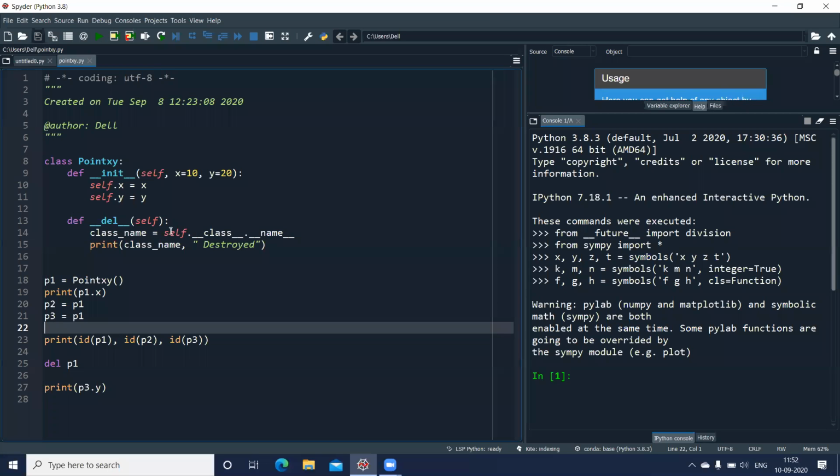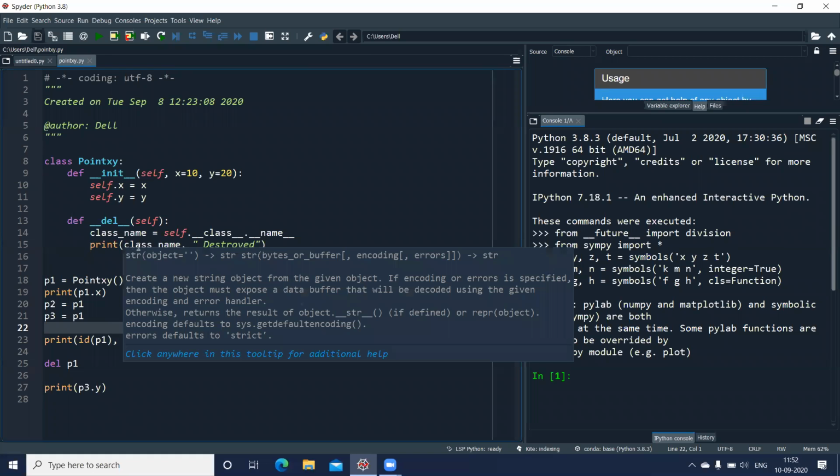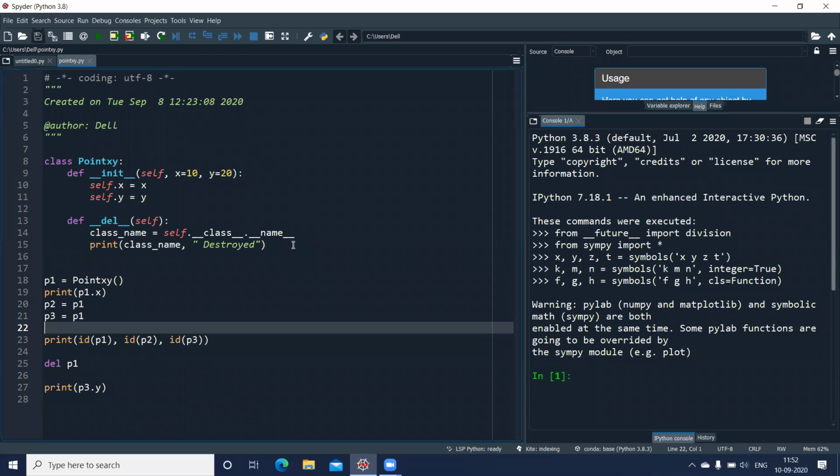Your destructor is del, okay, where we just printed a message, the name of the class we displayed and say destroyed. So whenever the file gets closed, the class or the objects where we have created that file, if it is closed, the object will get destroyed. Okay, and similarly, even the class we can destroy using the del keyword. Either you make a call to the del function, or whenever the file gets closed, it will automatically destroy the class. So this was the program which we did.